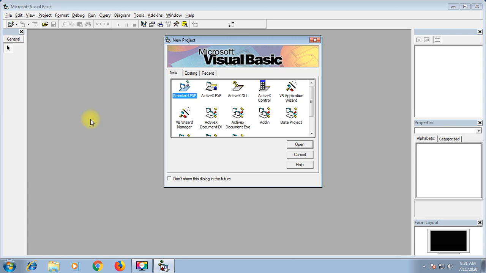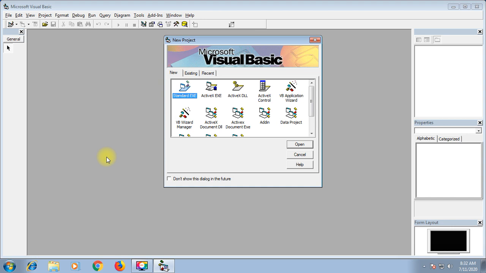Again, whenever we open VB, there will be a dialog box displayed in the center of the screen. This dialog box asks us to create a new project or open an existing one. Last time we had created a project, but we did not save it.